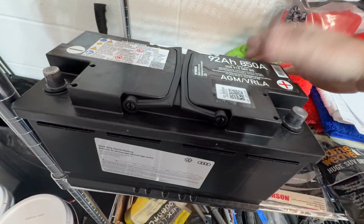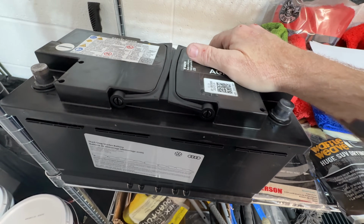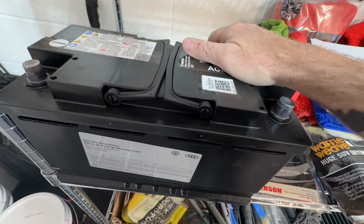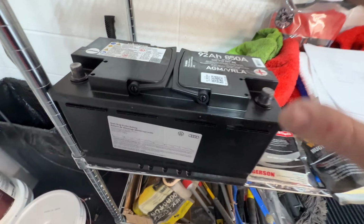I may go ahead and put this in the car just to have it in there. Because if you're going to have a wrong battery in there, might as well have the right battery, you know what I'm saying? Because I got the wrong battery in there. But I figured, why do the work twice? I'm going to wait till I get the harness. The car is working with this other battery, but